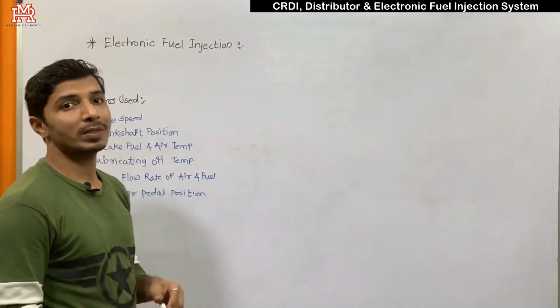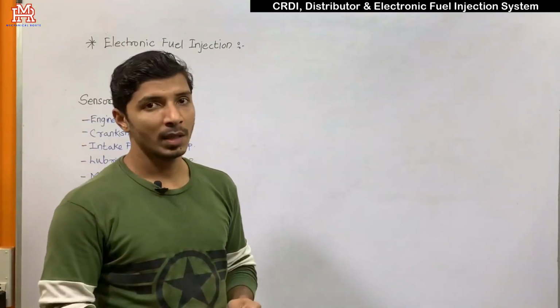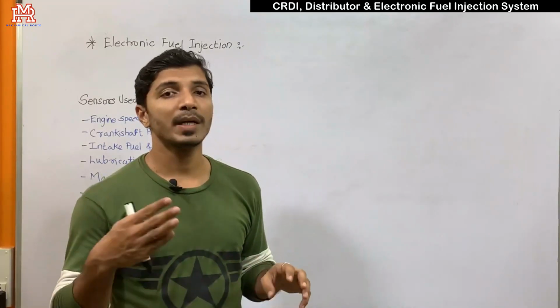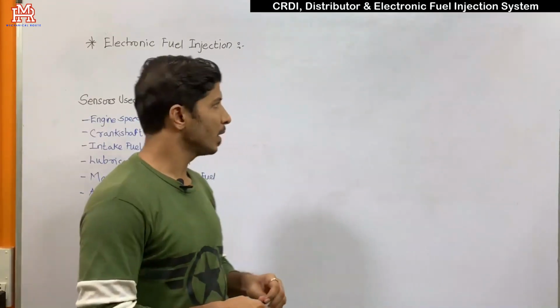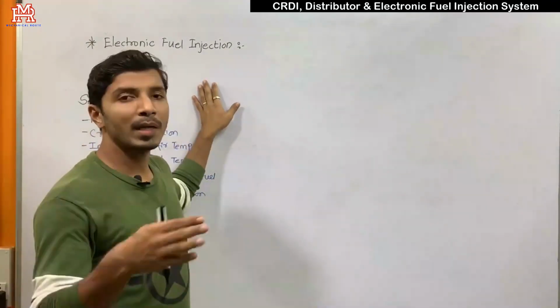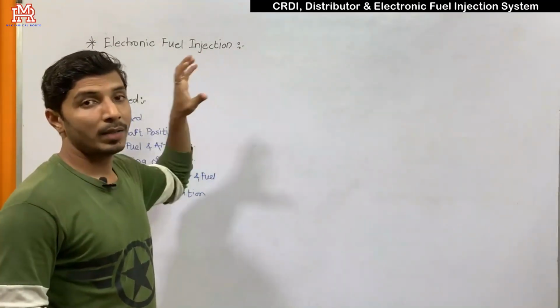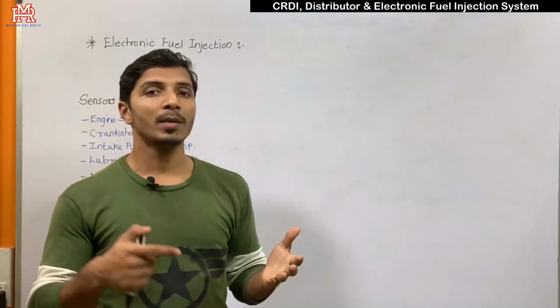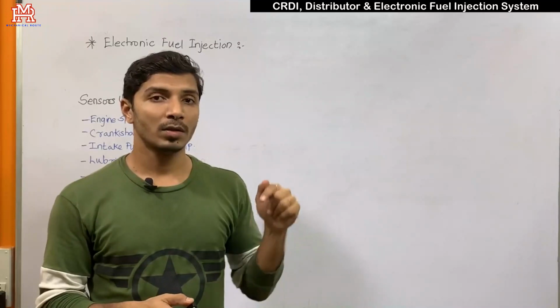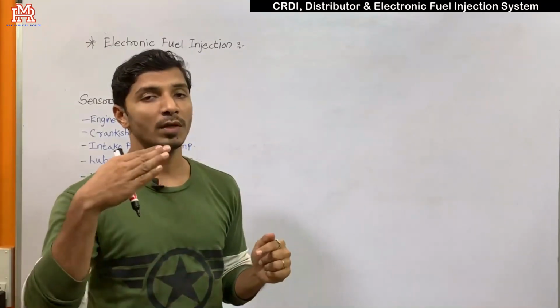And now we'll move towards electronic fuel injection, which is preferred nowadays in many vehicles. We have discussed mechanical fuel injection systems like CRDI, the distributed fuel injection system, and the individual pump fuel injection system. All these systems can be combined with this electronic fuel injection system, and the main purpose is to provide the proper metering of fuel, or the proper quantity of fuel according to the different load and